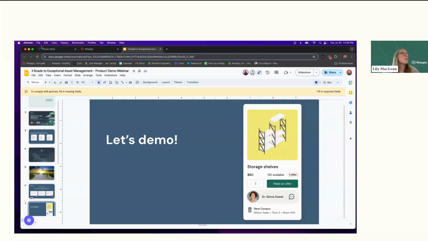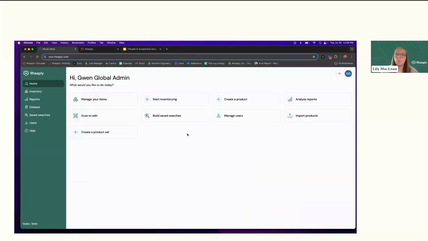Yes, thank you, Zolo. And we're going to bring that to life in a demo. We're also going to talk about some real life customer success stories through our product. So, this first path that we're going to talk about is the "know what you have" path. We call this our visibility tool. And this is really that tracking and managing what means most to you about your inventory and your assets.